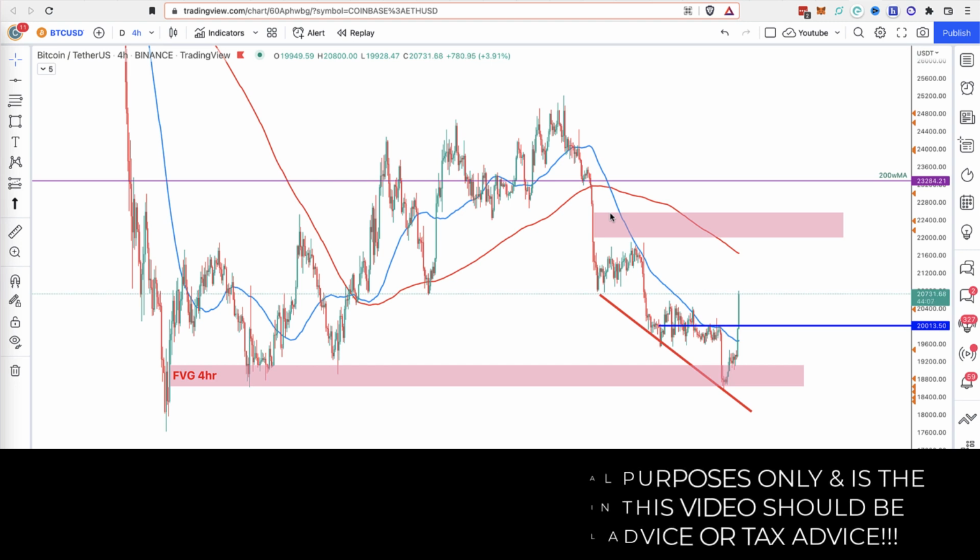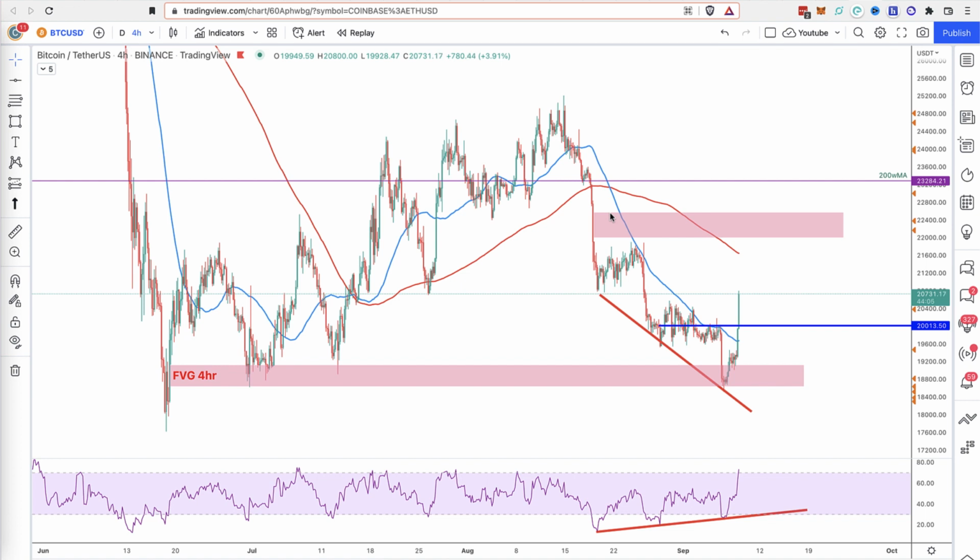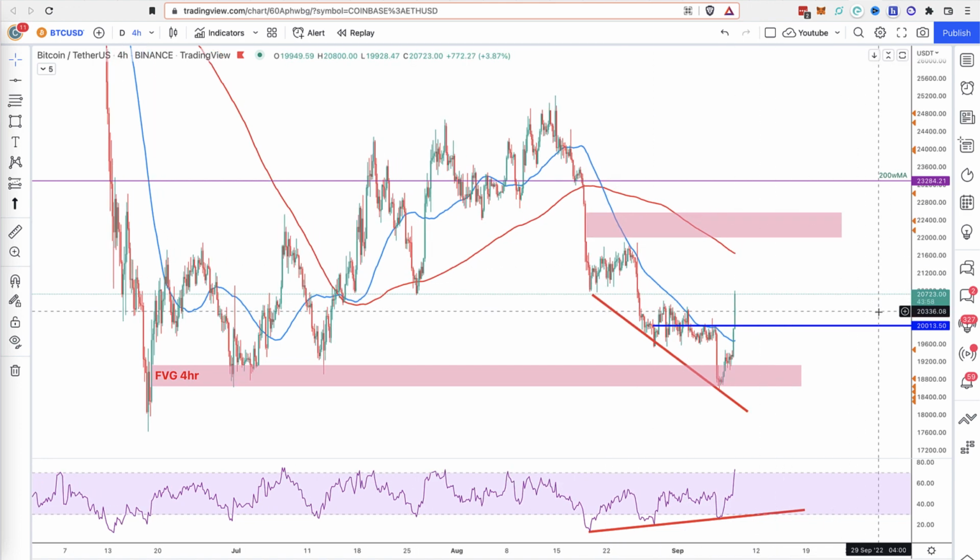I just want to give you a quick update on the short-term chart of Bitcoin and what is happening. Bitcoin is currently trading at $20,700, so it has had a nice pump, and I want to try and explain to you the setup that could have helped you predict that, which by the way I did share